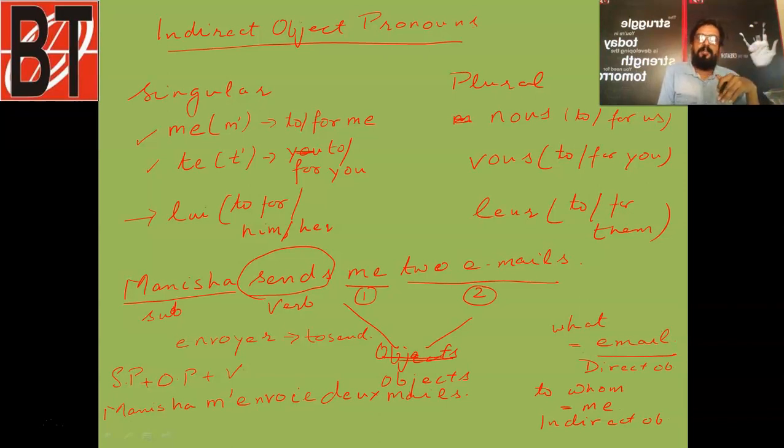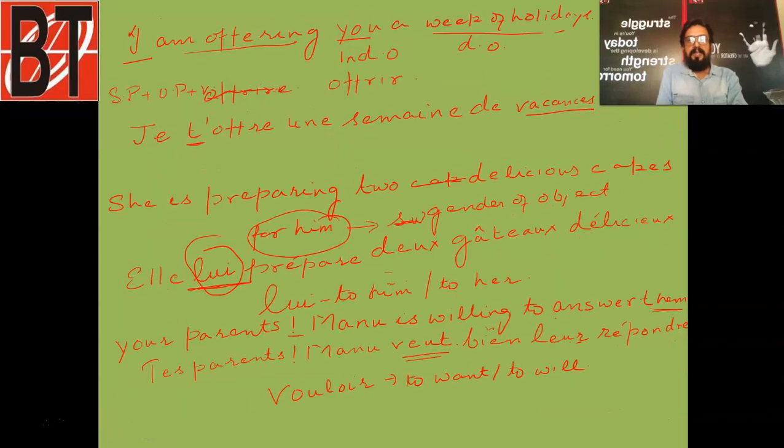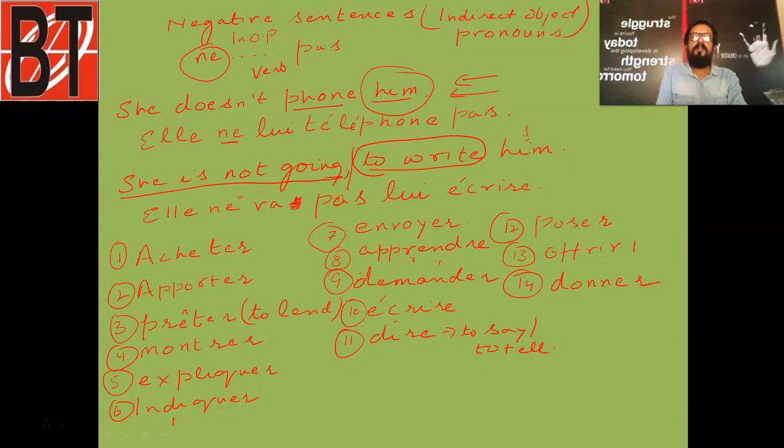जब हम I यूज करते हैं तो हम je यूज करते हैं, लेकिन जब हम me यूज करते हैं तो हमारे पास बहुत सारे वर्ड्स होते हैं. हमारे पास moi भी होता है और हम me भी यूज करते हैं. him और her के लिए हमने le और la यूज किया था डायरेक्ट ऑब्जेक्ट के लिए, बिकॉज उसमें एक्चुअल में ऑब्जेक्ट्स होते हैं, और यहाँ पे हम lui यूज कर रहे हैं to him and to her दोनों के लिए। In the same way third person plural में आप लोग देखिए कि हम leur यूज कर रहे हैं, to and for them. Understand? So me, te, lui, nous, vous, leur, and then the rest of the examples.